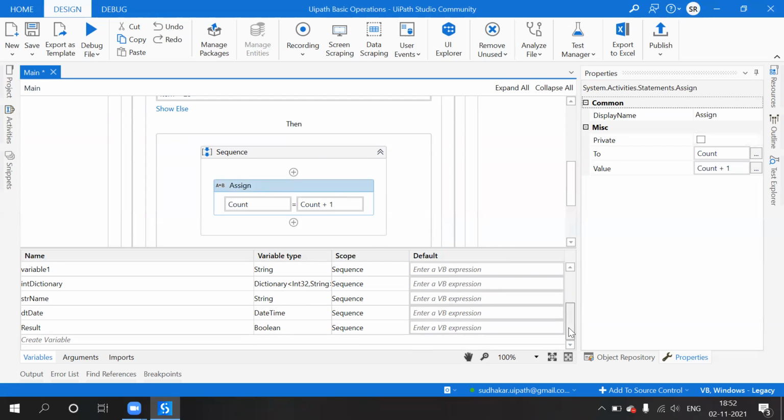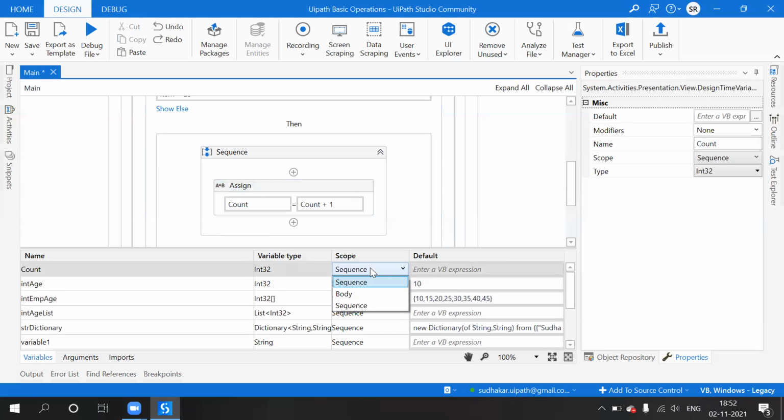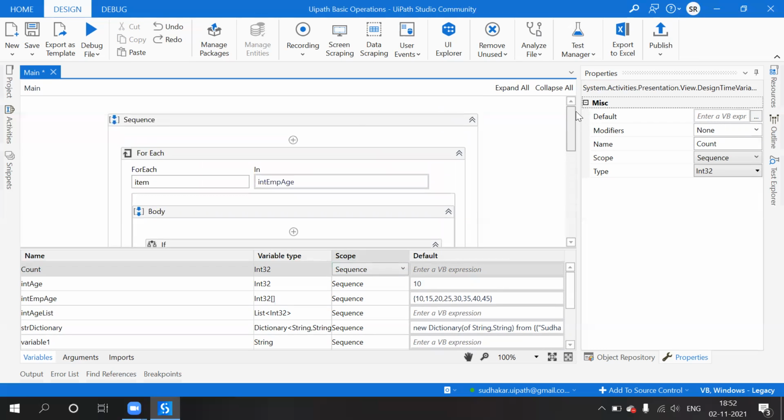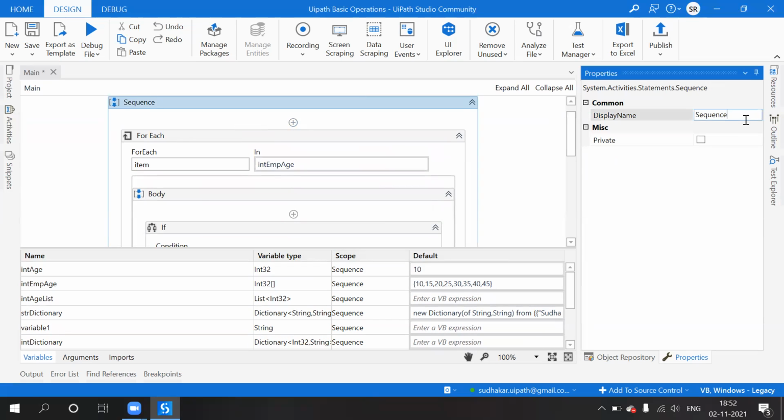Where is this count? It is a sequence. Which sequence should it be? There are two sequences, right? Either this one or the main one. Whenever we drag and drop any activity, we have to rename it to make it easy to understand.